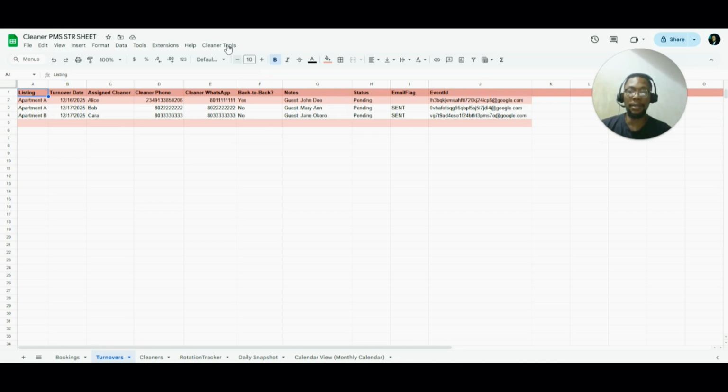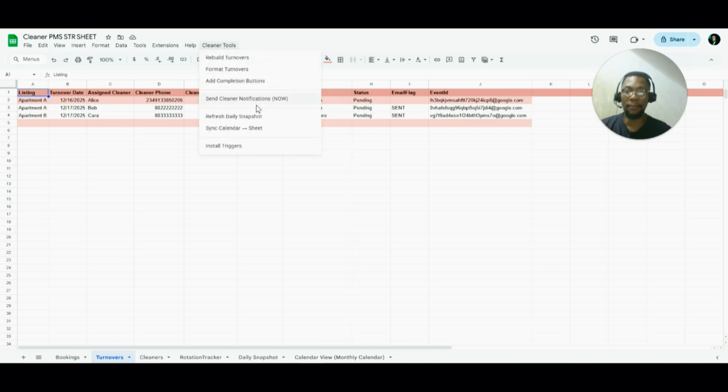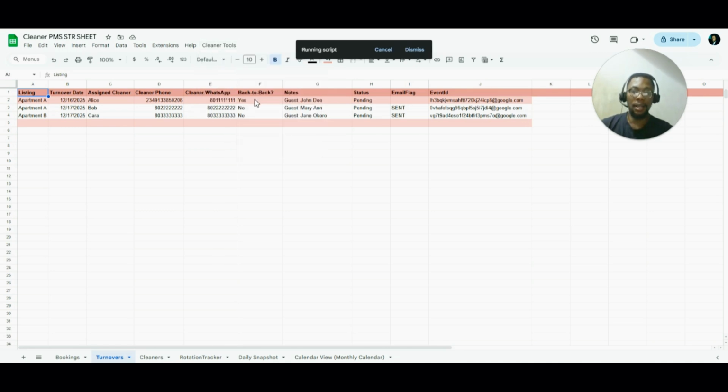But to do it manually so that you could see it in real time, I created a button. If I click on this send cleaner notification now, I'm going to receive a mail, and this actually sends the mail across. I will show you the mail right away,